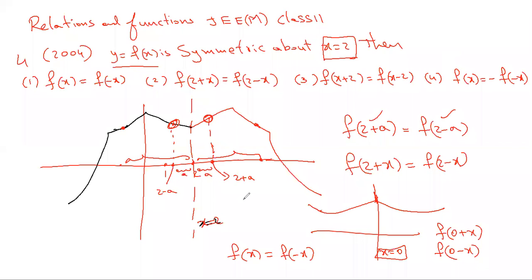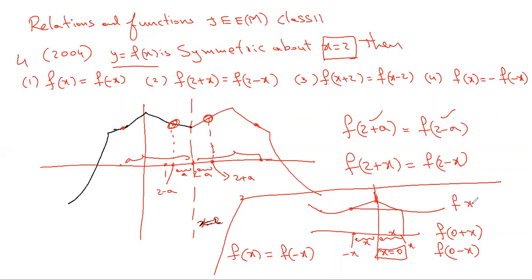So in the even function definition, from 0, how much ever distance you are moving to the right side, the same distance if you move to the left side, then the point name is minus x here, the point name is x here. You should get the same image. So f of x, image at x, means it is 0 plus x. f of minus x is 0 minus x. Both images are equal, then we say that the graph is symmetric about the y-axis.